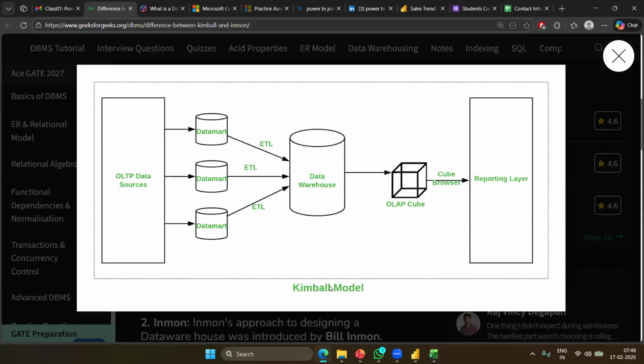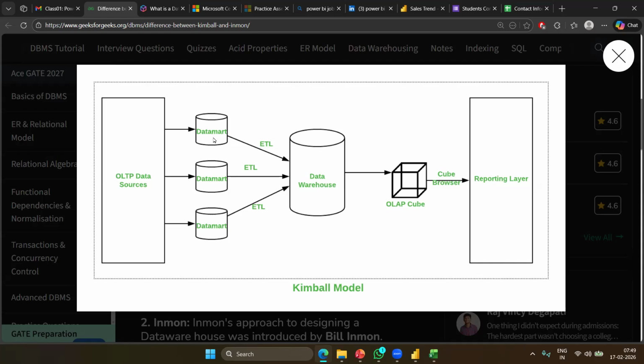Now what Kimball has proposed is, create simple data marts for each functional domain or department, in simple terms, and then integrate them into the warehouse. What he says is start with one department, understand how that department works, and slowly create a data mart.